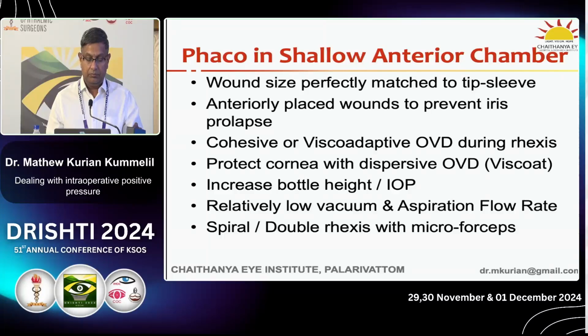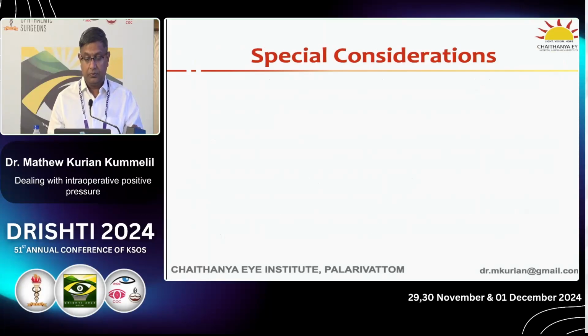So today all patients with a short eyeball undergo a B scan, and we measure the retinochoroidal scleral thickening. Phaco in the anterior chamber, all the basic steps: perfect wound, anterior placed wounds to prevent iris prolapse, use high molecular weight viscoelastics, protect the cornea, increase the bottle height if required, raise the IOP, low vacuum, low flow rate, and do a spiral or double rhexis,